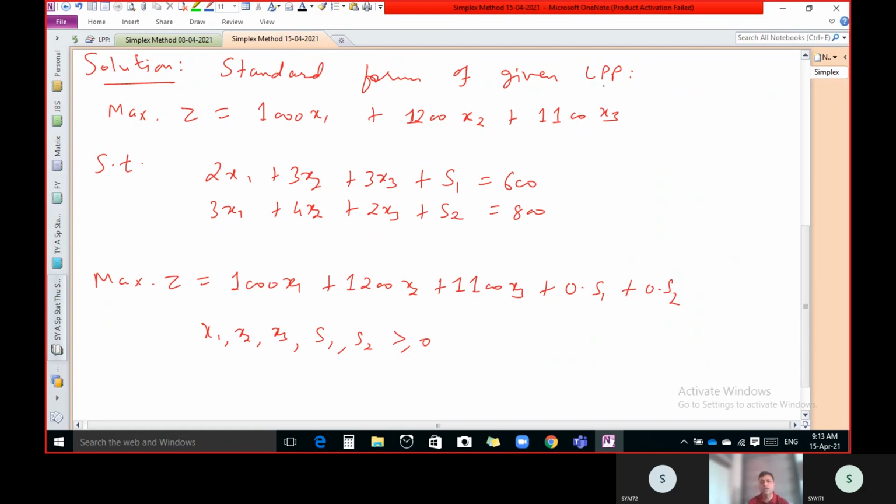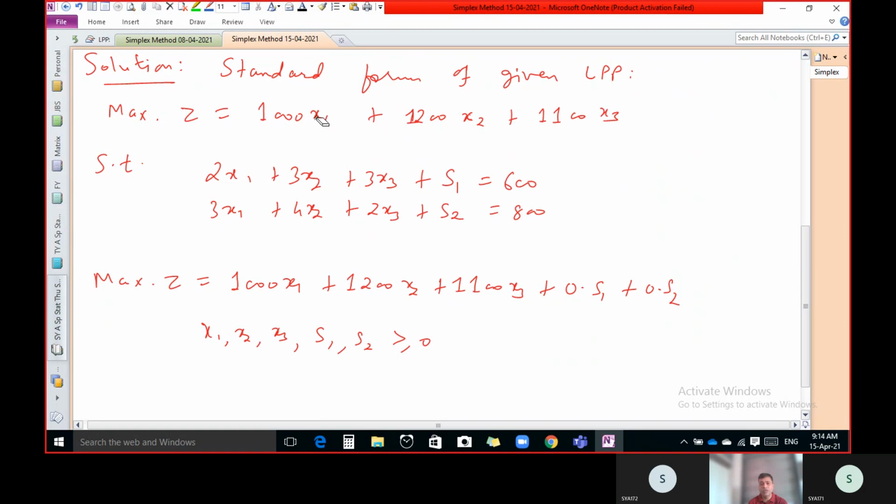So what do we have to do in standard form? Our objective function should be in maximized form, with all the variables included. We have to write zero coefficient for slack or surplus variable. And the right hand side value of each constraint should be positive, that is another step, and all the constraints must have equal to sign. So we have to add either slack variable or surplus variable. If less than or equal to sign, then we have to add slack variable. If greater than or equal to sign, then we have to subtract surplus variable, but in that case we have to add artificial variable also. Why we have to add artificial variable, that we will discuss in our next lecture. And if there is an equal to sign, even then we have to add artificial variable.